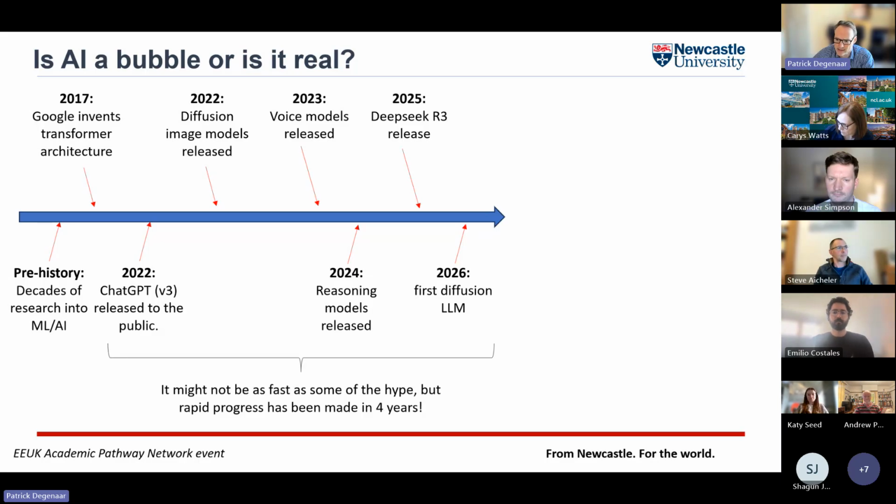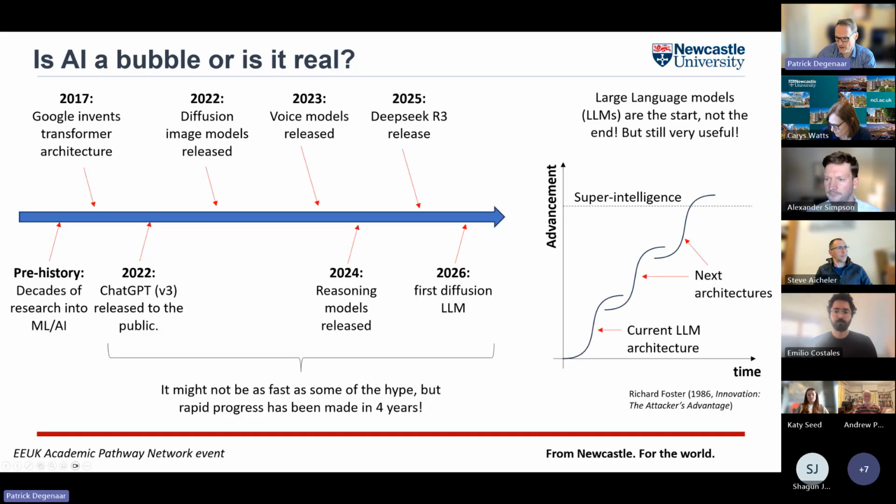I would say yes. I would say from 2026, we're now at the point where these models, these tools, are at the point at which we can start using them in the workplace. And that's going to cause radical changes very soon. In terms of what people are talking about with AGI, general intelligence and superintelligence, I think we've got to take this kind of what's called the Foster's attacker's advantage,